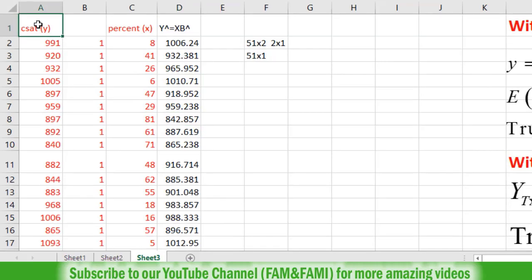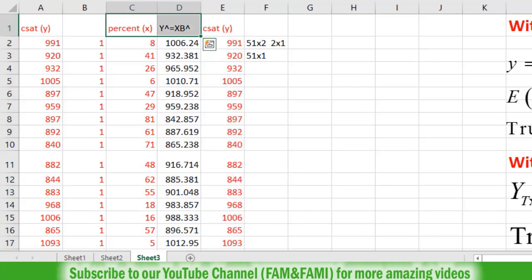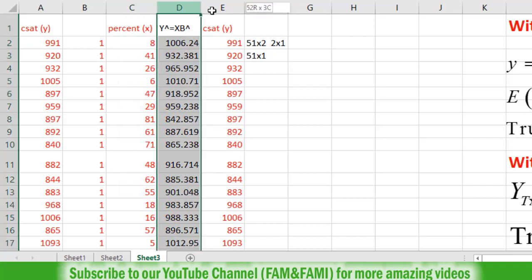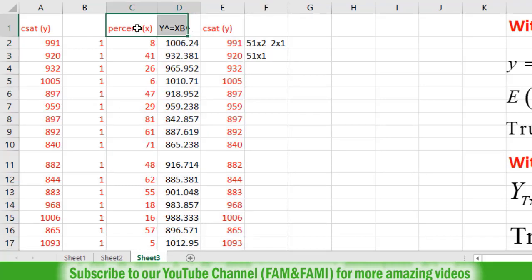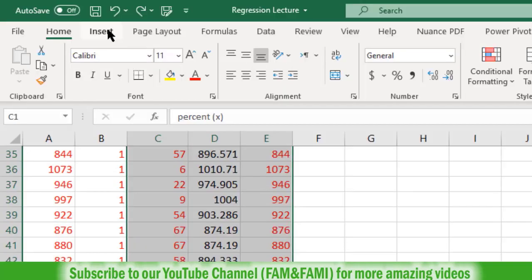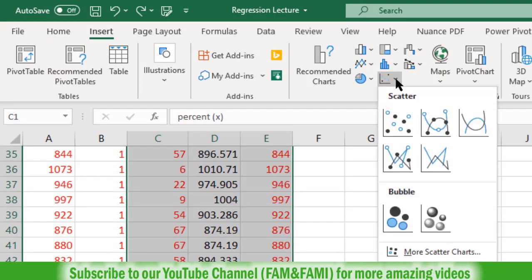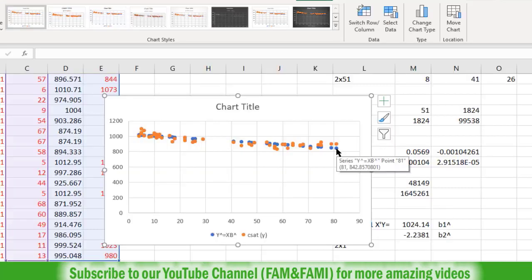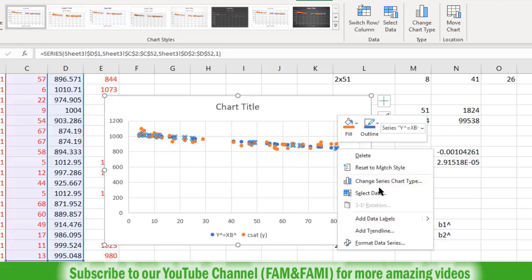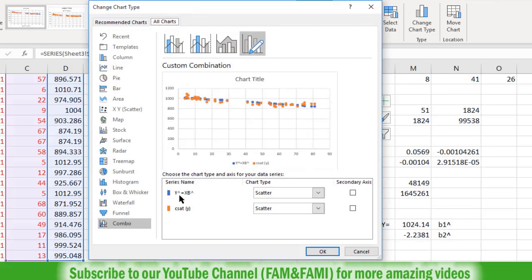So if you copy the original y values and put them here adjacent to this, and make a scatter plot of these three variables, taking this percent variable along the x-axis and these two variables along the y-axis. Simply select these three variables, go to the Insert tab, choose Scatter and choose this first option. On this blue variable which is representing y hat, right click and select Change Series Chart Type. Here for y hat, choose this different scatter option. Now you can see that we got a straight line. This was the objective of this modification. So click on OK.